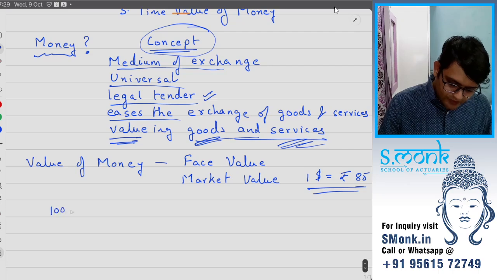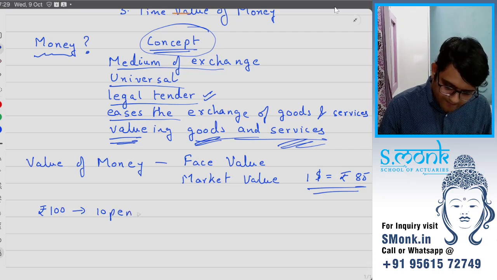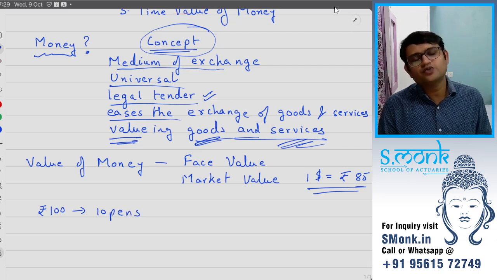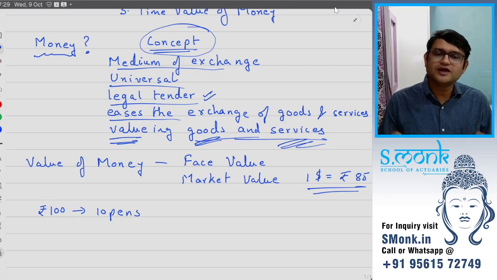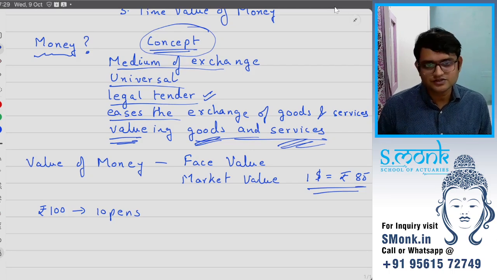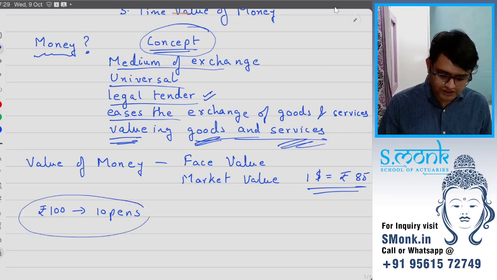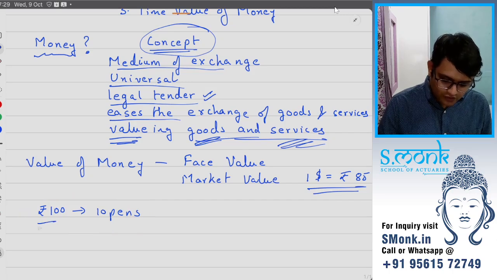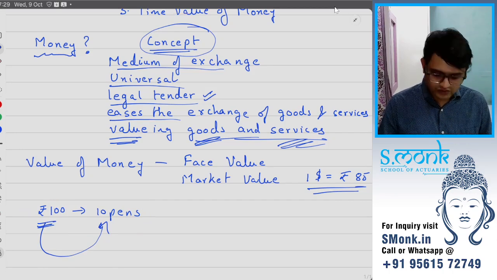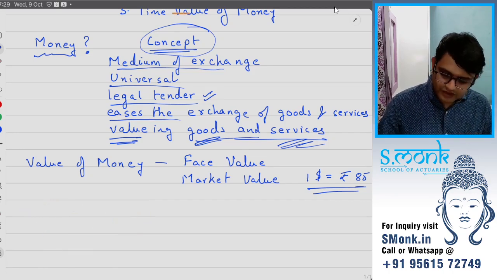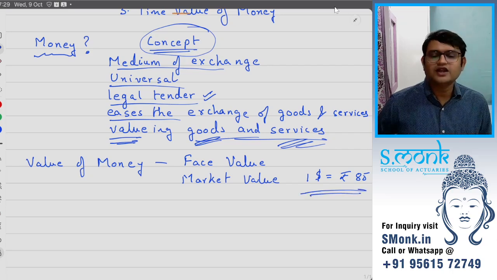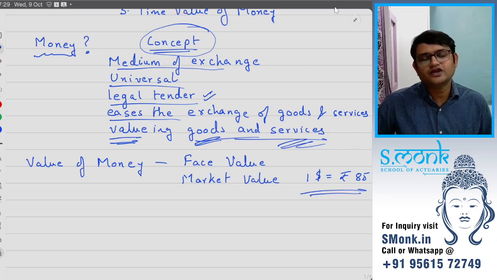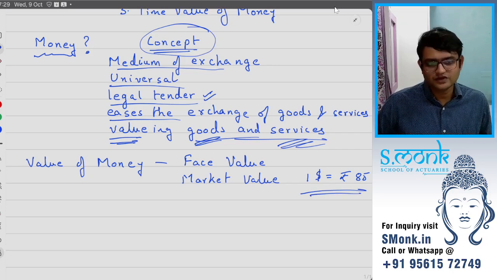Or you can say, with that 100 rupees, I can buy 10 pens. So I can value that 100 rupees with the pens. I can say 10 pens I can buy from that 100 rupees. So the value of 100 rupees is 10 pens. Right. Of course, we don't do this because we are using this rupee, this concept, to actually value the pens. So we will not do it the other way around. So usually when I say market value, how much of another currency I can get for this currency is usually the market value.